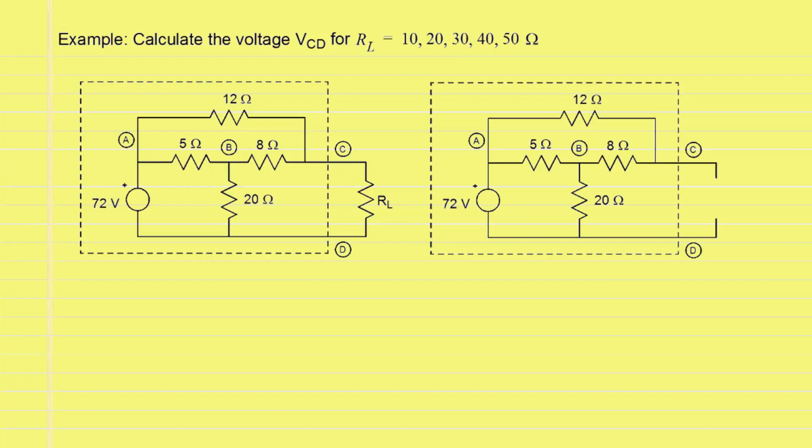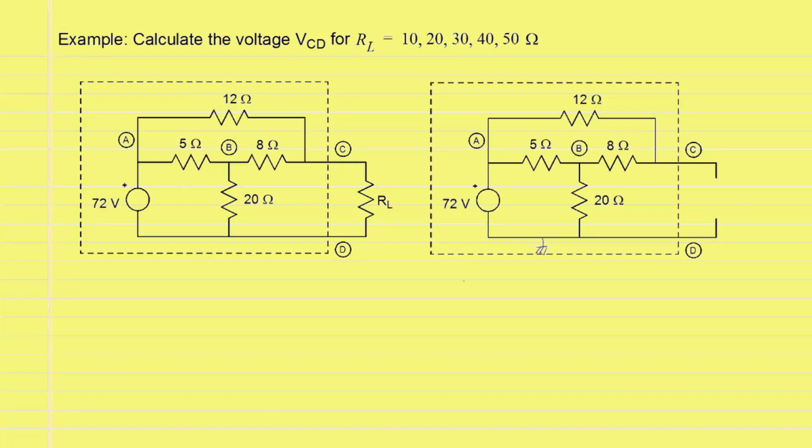Also recall that for the Thevenin equivalent, we have to calculate the open circuit voltage across the terminals C and D and the short circuit current flowing between the nodes C and D. We begin by calculating the open circuit voltage first. We will use nodal analysis to analyze the circuit on the right side. We begin by selecting node D as the reference node, and we have to calculate the nodal voltages VA, VB